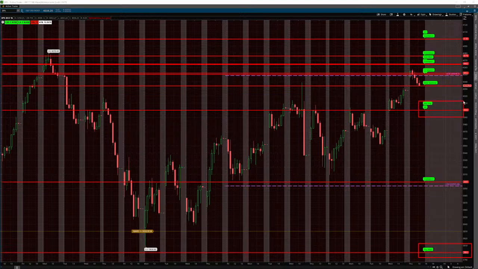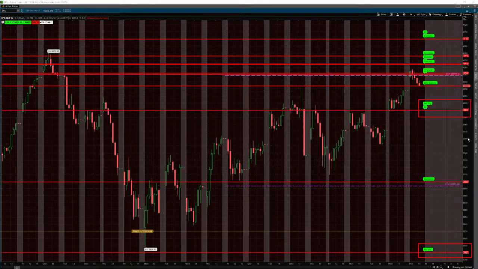And here is the 4,000 level. That is the absolute gamma strike, the strike with the largest absolute gamma, as well as the volatility trigger. And the volatility trigger is SpotGamma's proprietary gamma flip level. With market makers' position below the volatility trigger is negative gamma, their position on the gamma curve, and that